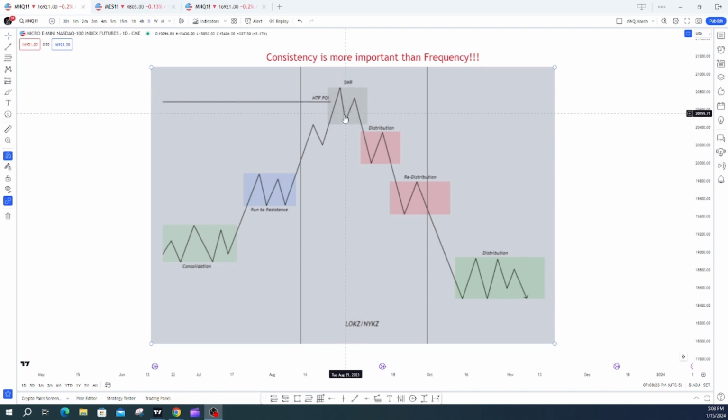This could have been a major high if the market was going to continue. It would have made a higher high up here somewhere, but it didn't. It failed to make a higher high. It made a low right here, and then ultimately right here, this low, market breaks that with a candle body,